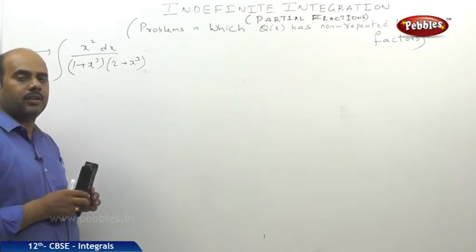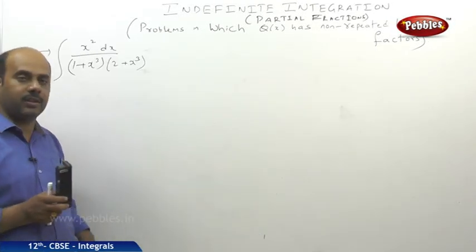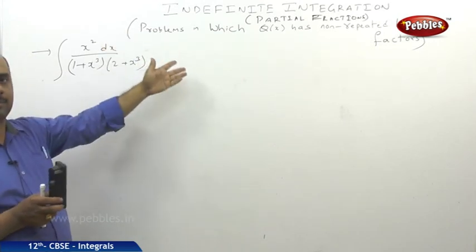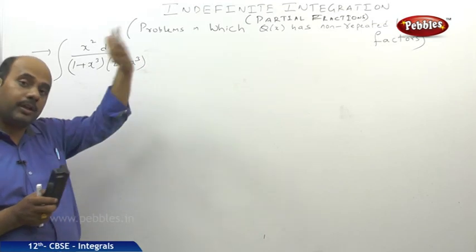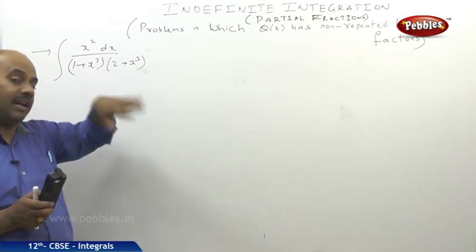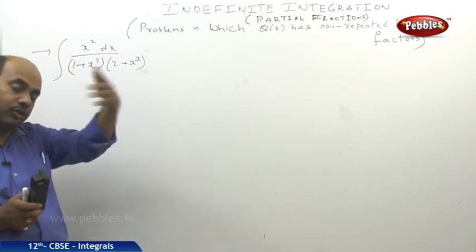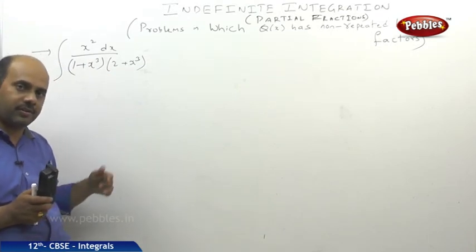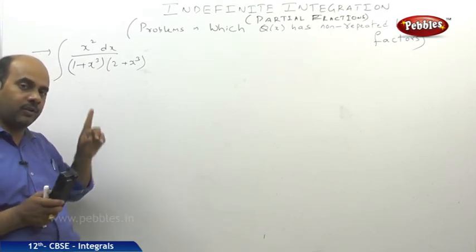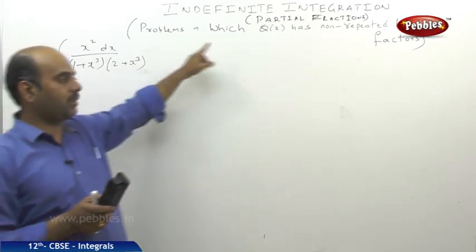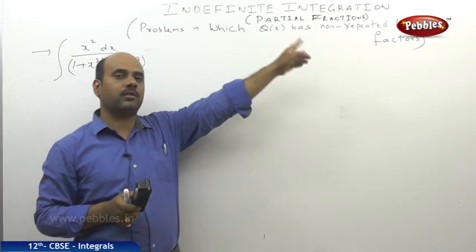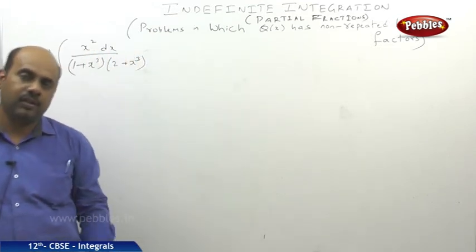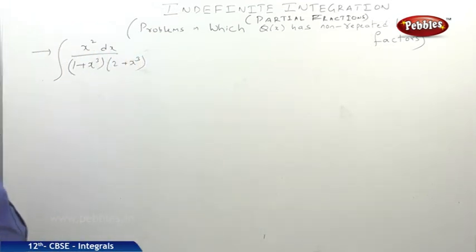Now we shall do a special problem of the same pattern. Here once again, we are doing problems based on integration where partial fractions are involved. As partial fractions are involved, we will have various kinds of partial fractions. We are seeing type 1. Type 1 means partial fractions in which the denominator Q of x contains non-repeated linear factors. Now we shall see some twisted problem.